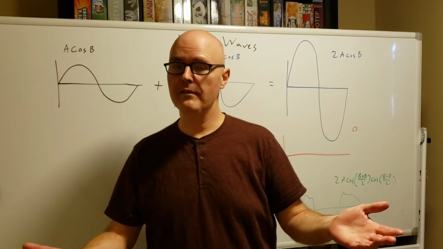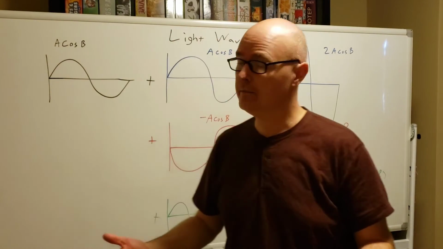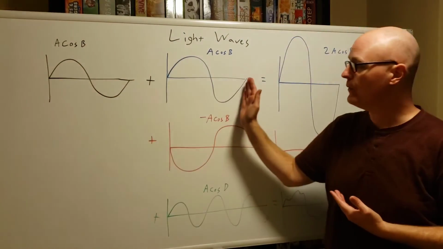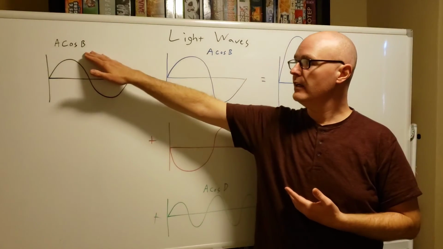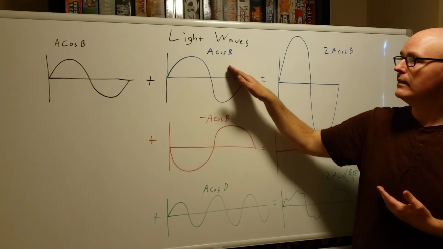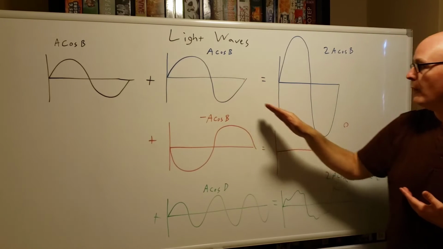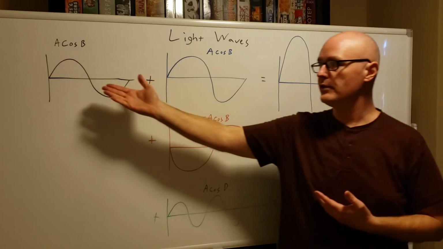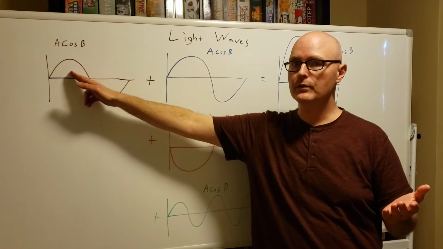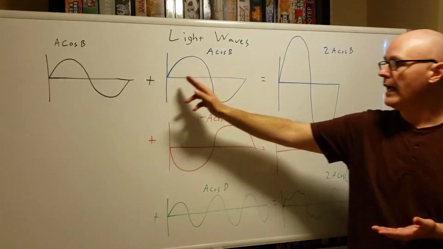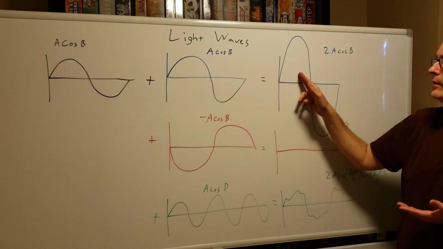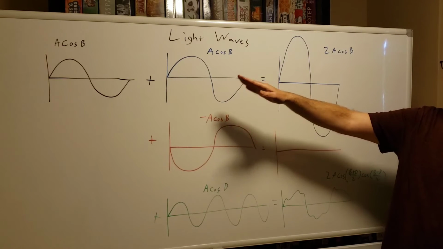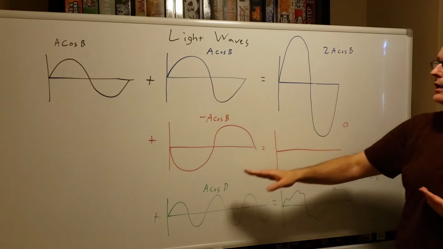As I mentioned, light is a wave. So a property of waves is that you can add them. Okay, so let's say I have a wave and I want to add another wave to it. Okay, so if I had A cosine B and I add the same thing, A cosine B, I will have the same frequency, but I'll have a bigger peak, right? So if this was the electric field or the magnetic field, and I added both of them together, I would have double the electric field or magnetic field that I had from each individual light wave, right? I could have